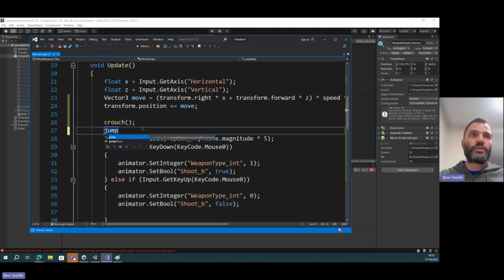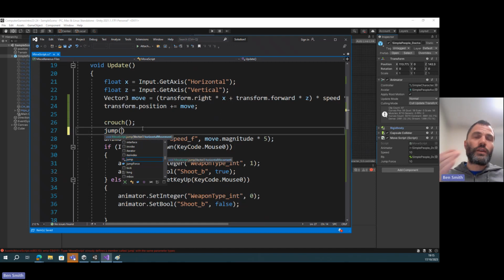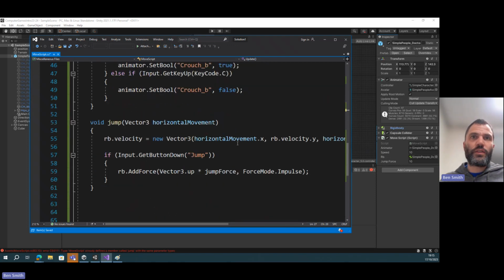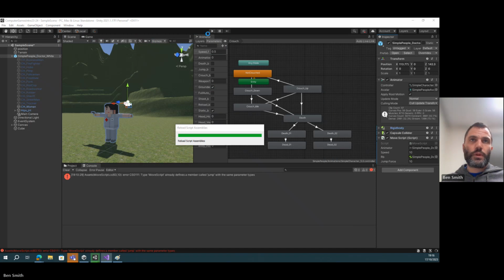Again, we've got to call a function from our update function and sort of jump to it. But this time we need to pass in this move vector, because we're passing the value of the move vector into this parameter called horizontal movement that's of type vector3, and we're just updating the velocity of our object depending on how we're moving left or right or forward and up and down. And that's the official way that you're meant to actually update movement. So that's how you can pass parameters. So let's save that,